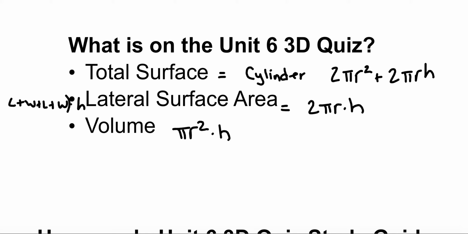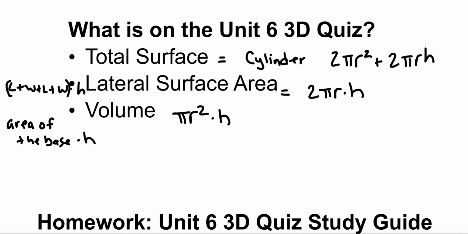So whatever the base is, add up for that perimeter and then multiply it by the height. Total surface area is you need to find the area of every shape and add it together. And volume, again, is different, but it's always the area of the base times the height. Area of the base times the height. The part down here just says your